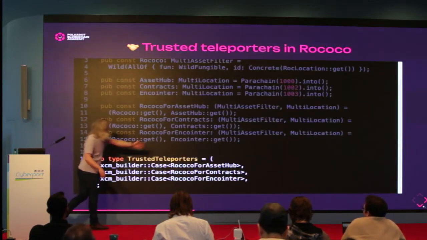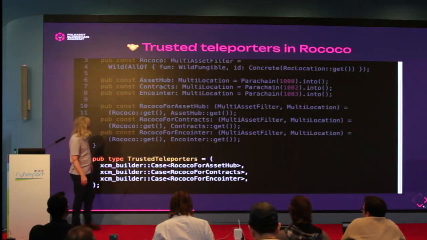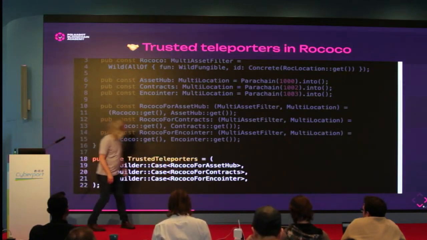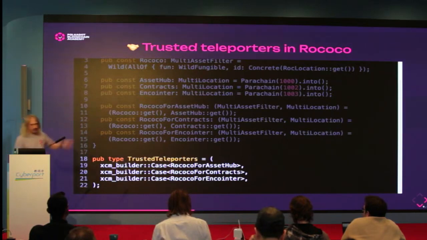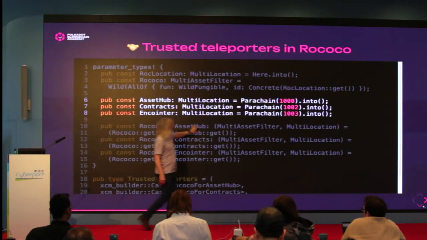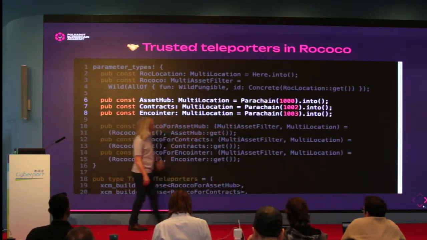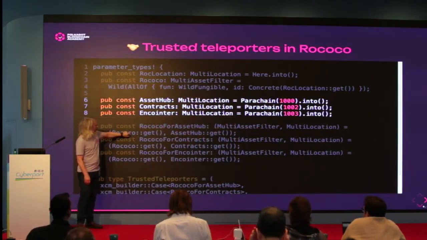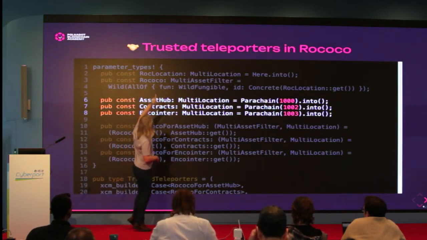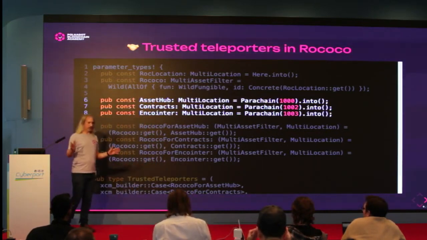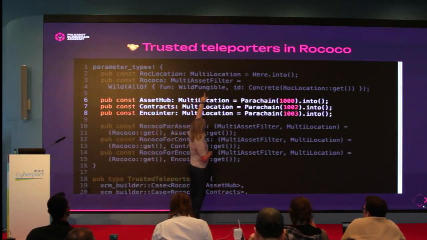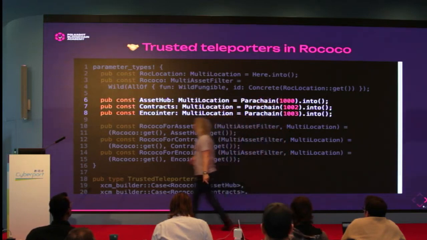And then trusted teleporters, tuple type. Actually, just three case matches: Rococo for asset hub, Rococo for contracts, and Rococo for Encointer. If we look at what that means, I'll show you. Rococo for asset hub matches a multi-asset filter and a multi-location. We're matching this asset, which is just the ROC token. The reason that we have to use Rococo rather than ROC location is because we want to match one single asset which contains a fungible token whose identity is the Rococo location,